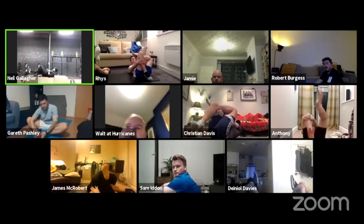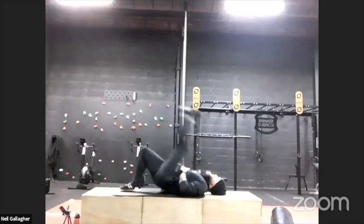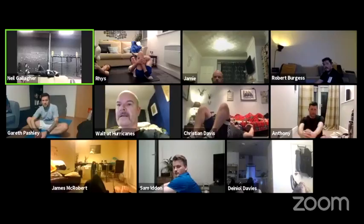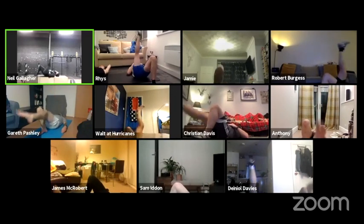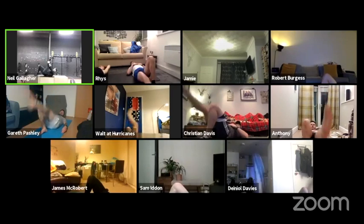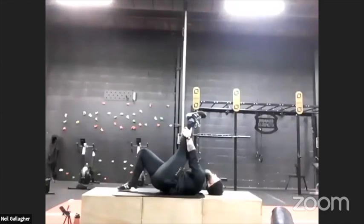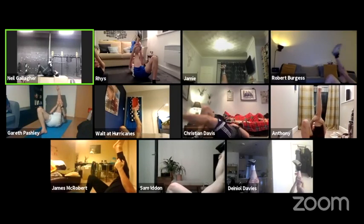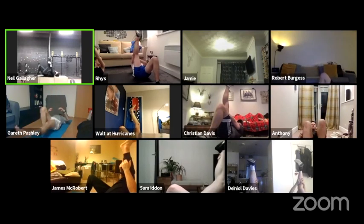Then last one, if you bend one leg, leave one leg straight out along the floor, and just come into just 10 dynamic kicks up and over the head, just nice and smooth on the way up, not trying to wrench anything. And then once you've done 10, on the 10th one, just reach forward, grab your calf, or grab your hamstring again, and just draw that in gently towards your chest. Again, you're not trying to bring your shin to your forehead, not immediately. You're just trying to make sure you feel that tension running down the back of the leg, feeling that through